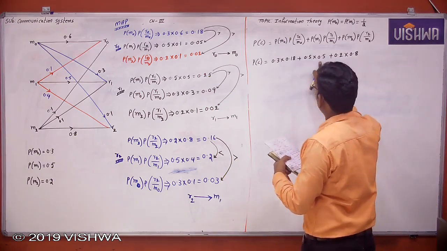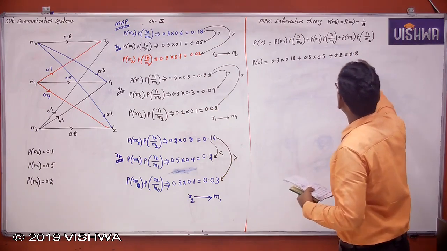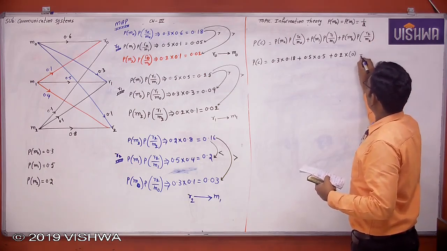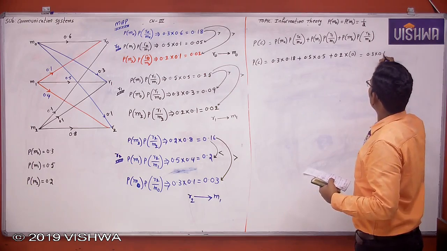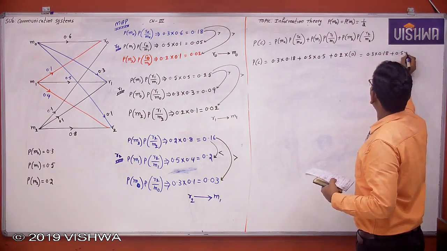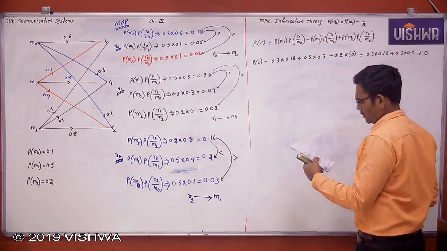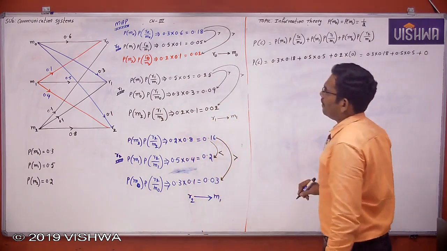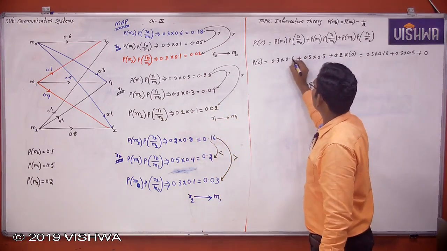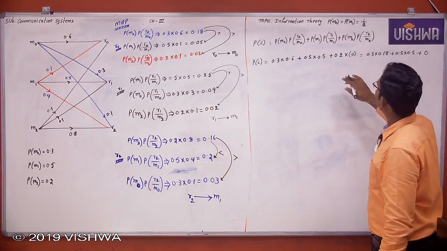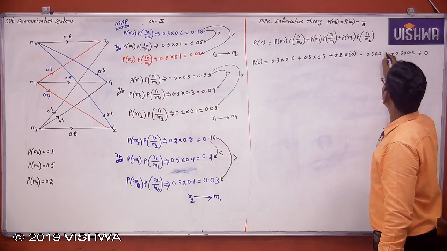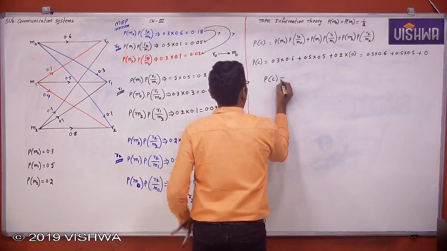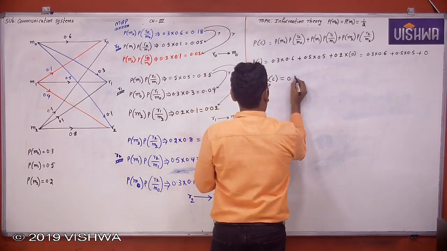But R2 is not decoded as M2, therefore this term is 0. So the probability of receiving correctly is 0.18 plus 0.25 plus 0, which is equal to 0.43, and